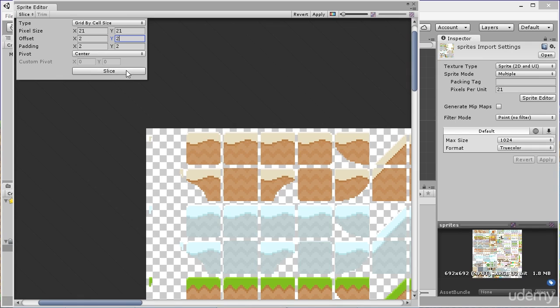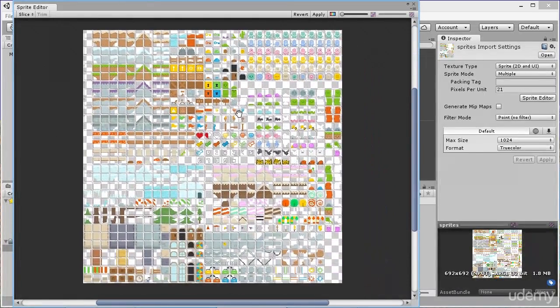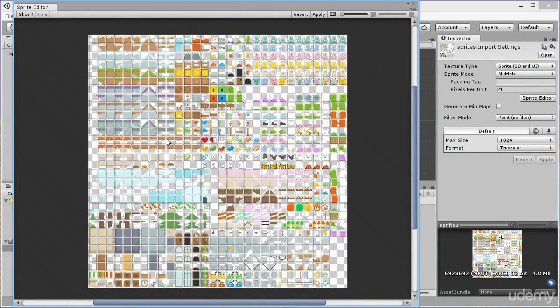So we're going to hit slice now, and then that'll chop up the sheet into little bits. It might take a couple of seconds, depending on how fast your computer is, but it'll break everything out into a whole bunch of pieces for us. Okay, so when all these boxes appear like this, it means it's being all sliced up. So as you can see, if we go down, all these areas now have